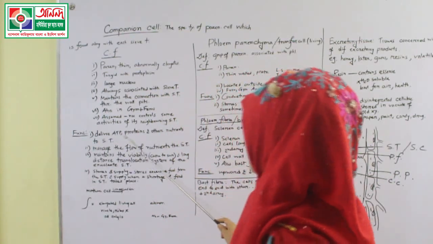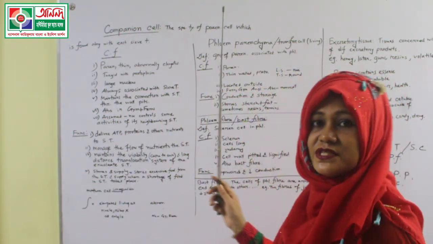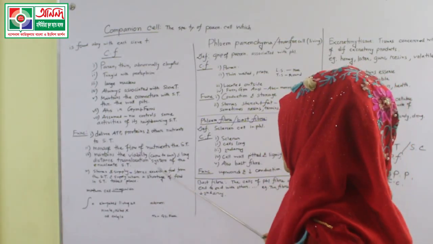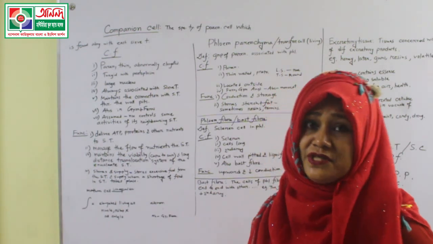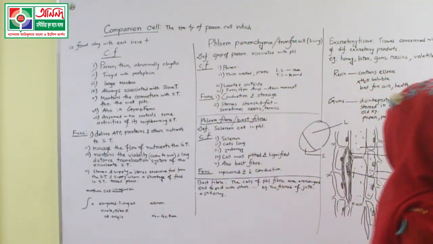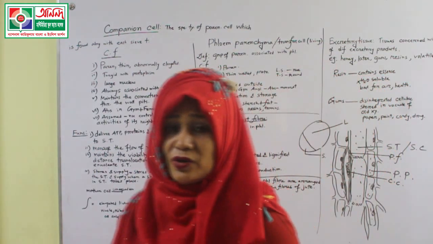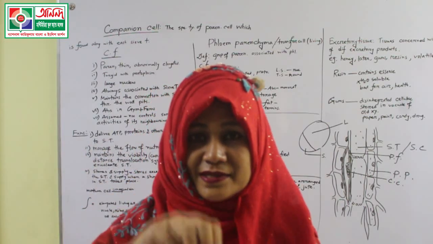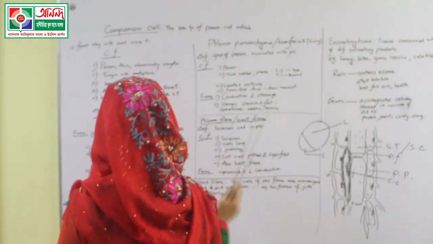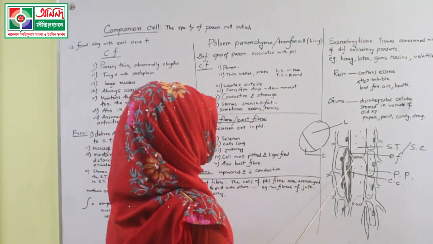Number one is deliver ATP, proteins and other nutrients, manage the flow of nutrition of the sieve tube, and maintain the viability and long distance translocation system of the enucleate. Enucleate means nucleusless. This is nucleusless, enucleate sieve tube. And stores and supplies, that means in shortage it supplies, and when the food is excessive, it stores. Okay, I have also discussed the origin of the companion cell